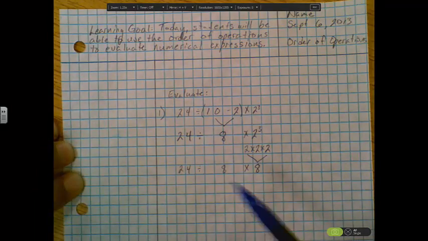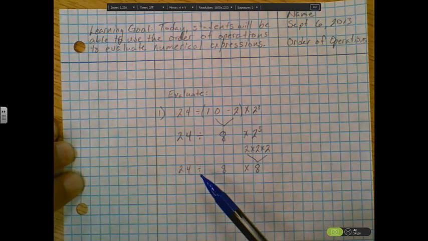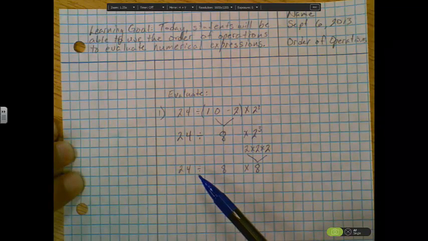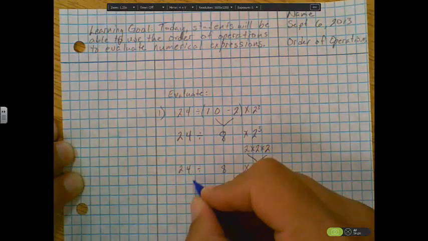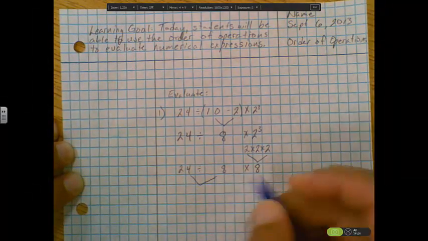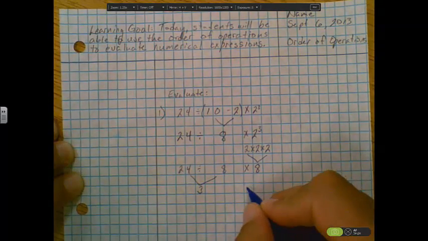We start from the left, so we start at 24 and work our way across and see that the first operation is the division operation. So we're going to divide 24 divided by 8, and that's equal to 3. And then again, we bring down